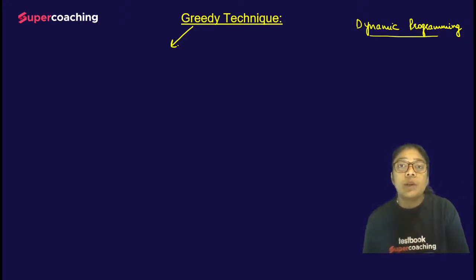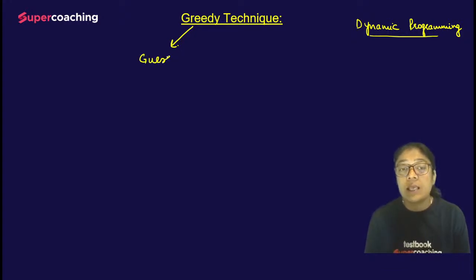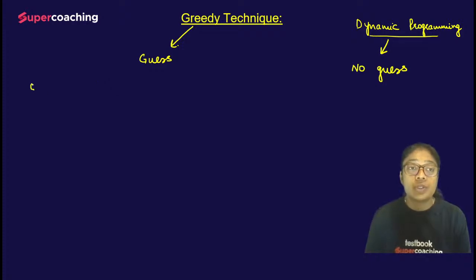But dynamic programming में क्या होता है, positions change हो सकती हैं, किसी की ego पे आ सकती है बात कि भाई मेरे marks कम आए. So anything can happen. So dynamic programming will wait till the result of all the semesters. That is dynamic programming. That means in greedy technique it is making some guess. डायनामिक प्रोग्रामिंग में कोई guess नहीं होता. Greedy returns the optimal solution